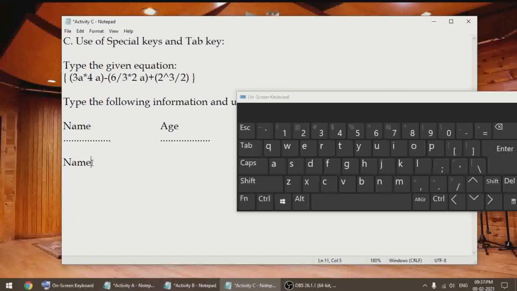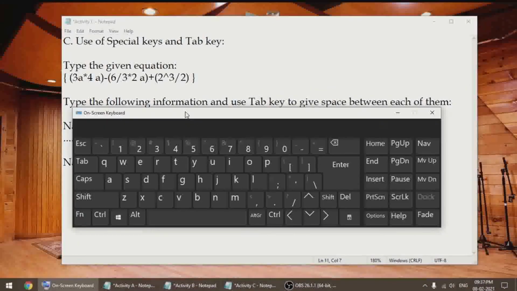You can notice over here we have gap of 5 alphabets. 1, 2, 3, 4, 5. Instead of doing this, we just have to press the tab key. You press it a second time, it will move another 5 characters. And it has reached exactly in line with this.